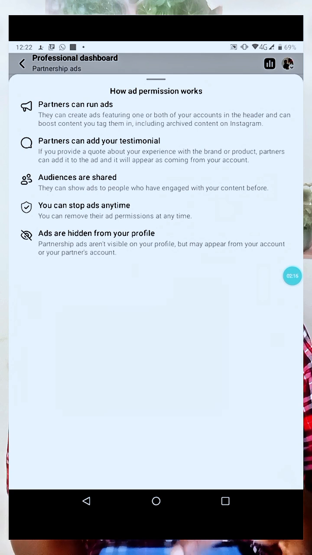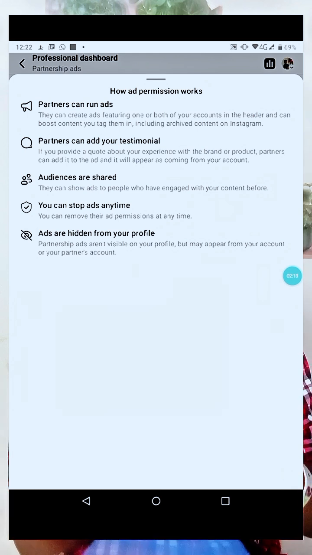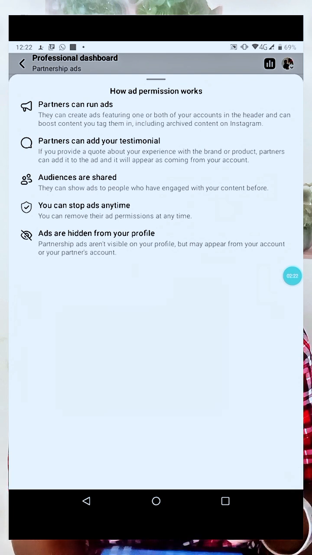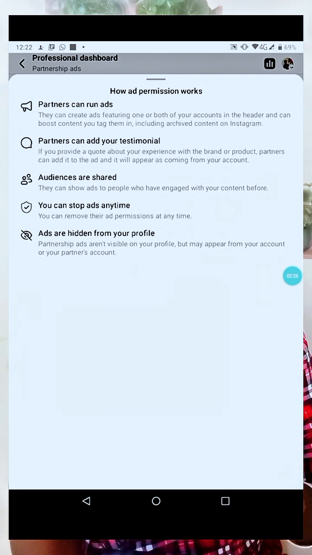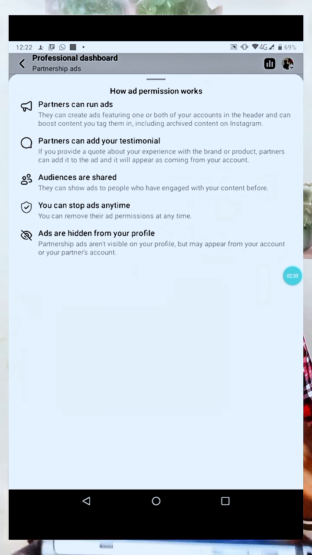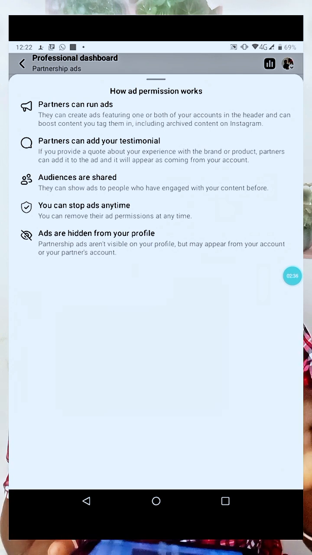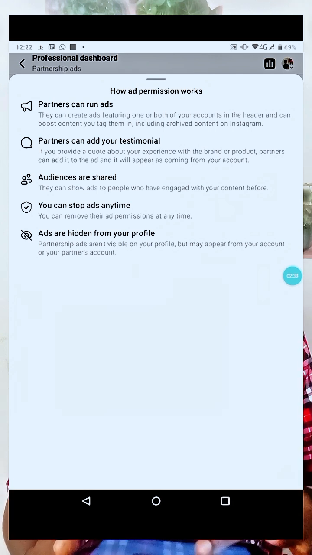They can create ads featuring one or both of their accounts in the header and can boost content. You tag them in. If you tag them on a content, this is what it actually entails. You might want to pause this video and just go through it, so you can see what this ad stuff is all about.